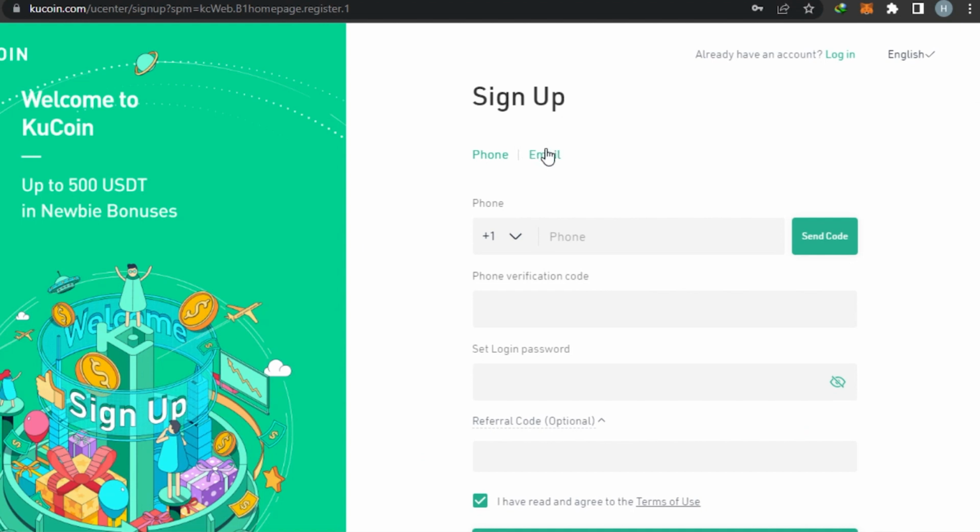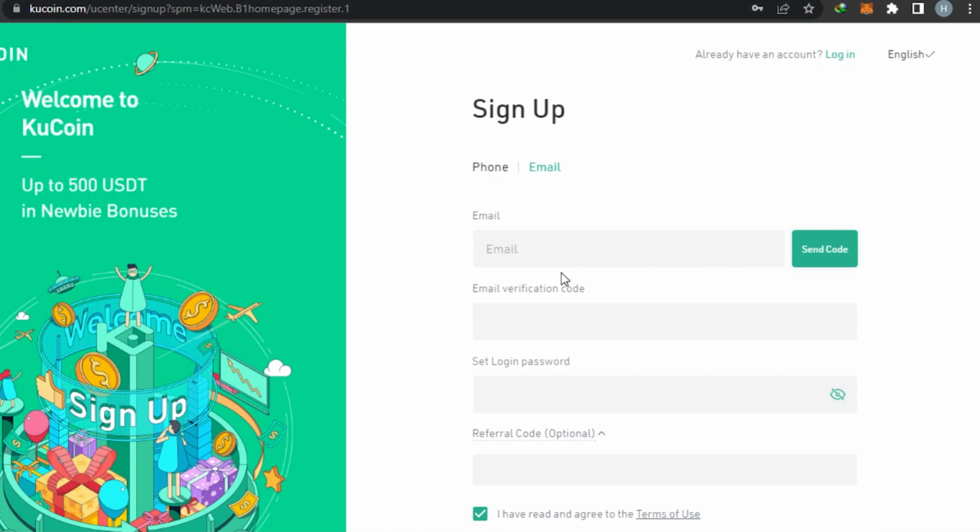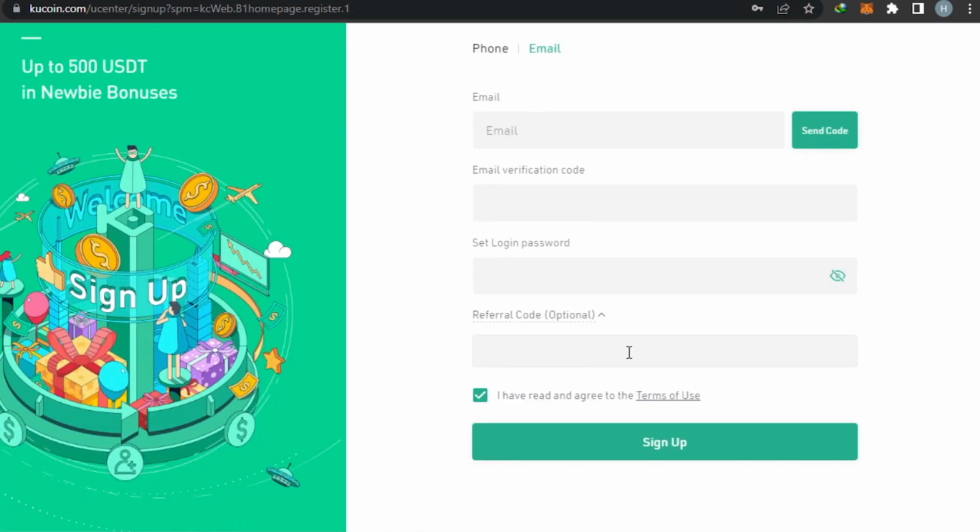The signing up process is really easy. You simply type in your email and then click on send code, an email verification code. You simply have to type in the code. After that, set a login password. Referral code is completely optional. If you do not have any referral code, then you can just simply leave this option. I have read and agree to the terms of use. Now, I will simply go ahead and type in my email address, verification code, set password, and then I will